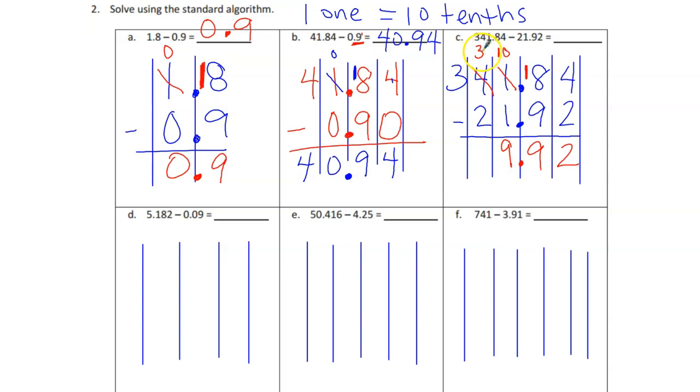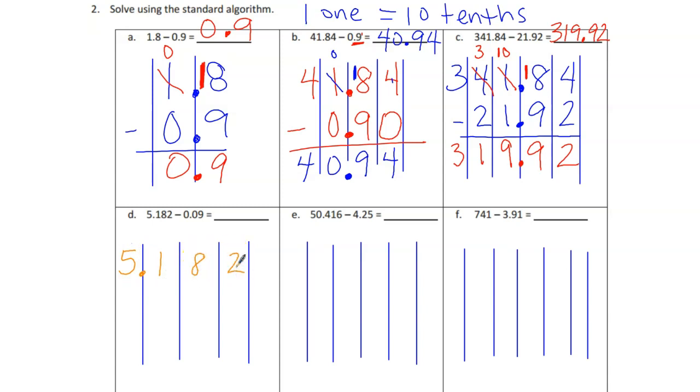Now we're going to finish up. 3 tens minus 2 tens is 1 ten. 3 hundredths minus 0 hundredths is 3 hundredths. So my answer is 19 and 92 hundredths. All right, we have 5 and